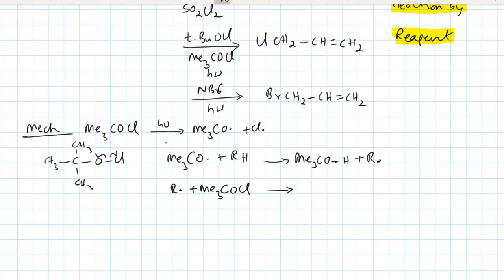So this O-Cl bond will break as shown here, and the product will be RCl, plus the chlorine free radical, plus again Me3CO dot. Like this the reaction will go on as long as the alkane or alkene is present in the reaction mixture, and finally in the termination step, these radicals will combine. I will give you your homework here, food for thought: you can find out the termination step.